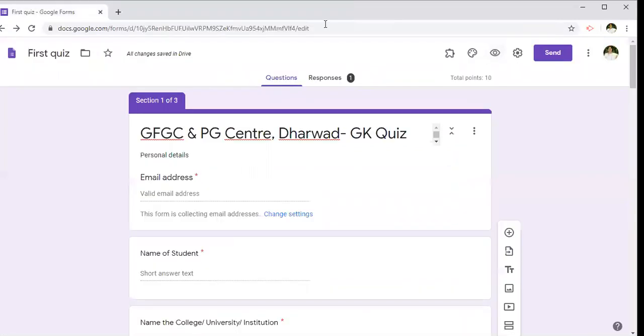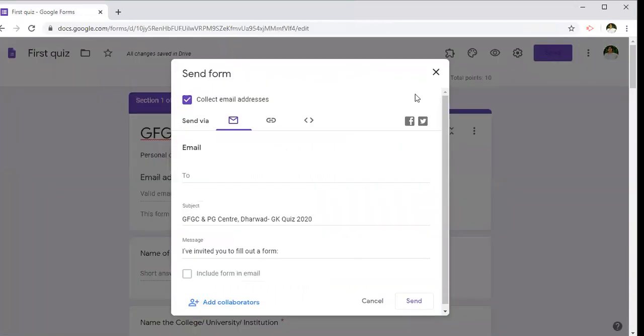So this is all about the Google form. How to send it now? There is a send option. When we go here, we have 3 methods: through mail, or we can copy the link, or through HTML. If you want to mail it, write some Gmail account. You can send it to yourself, or to your colleagues, and from there you can download it on your mobile and send it to different groups also.